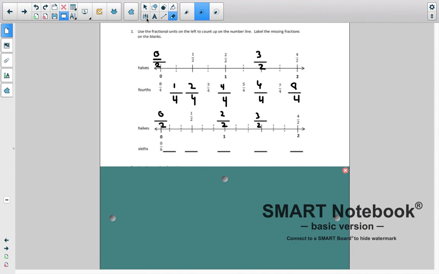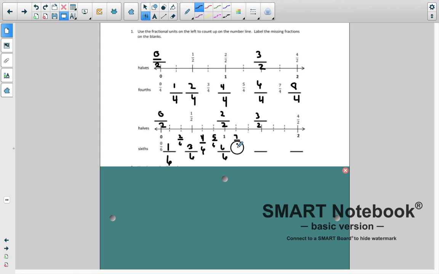Okay, so now we're going to look at the sixths. So this time, they want us to figure out not every mark, but just the sixths. So we have 0/6, 1/6, and here is going to be 2/6. So I'm going to write that a little bit small. Then we have 3/6, 4/6, and we don't have to put these ones at the tick mark, but I'm just going to do that just so it's easier for us to see. 5/6, 6/6,